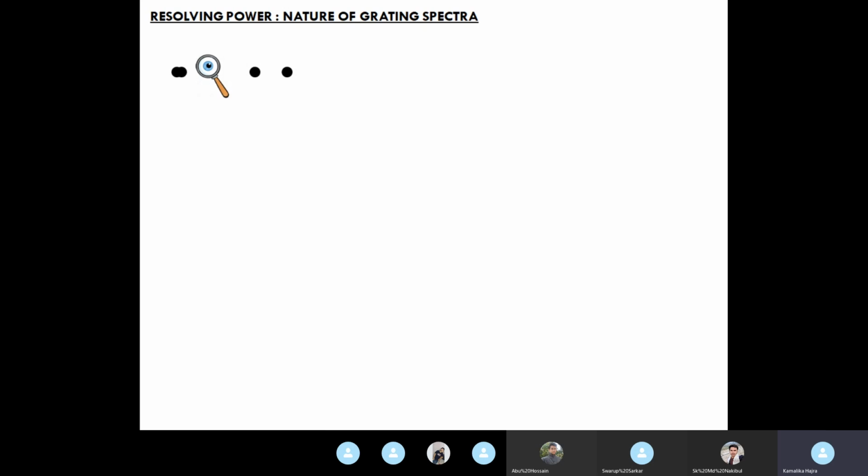We know that with our eyes also, there is a figure of merit for any instrument, and similarly our eyes also have such a thing, and there is a minimum distance that should be there between two objects so that we can see them as separate objects. If two lines are closer than that minimum distance, then we won't be able to see them as two separate entities. All right. So that gives us an idea of resolving power.